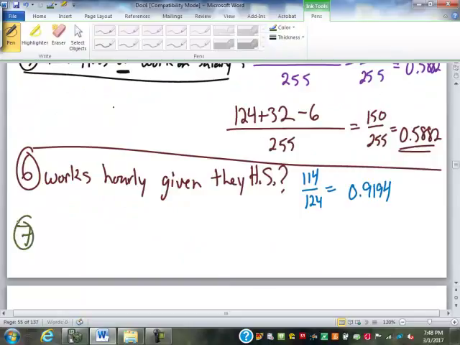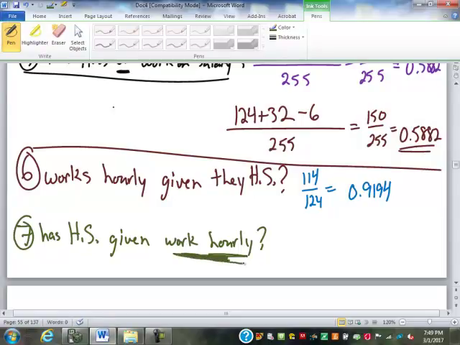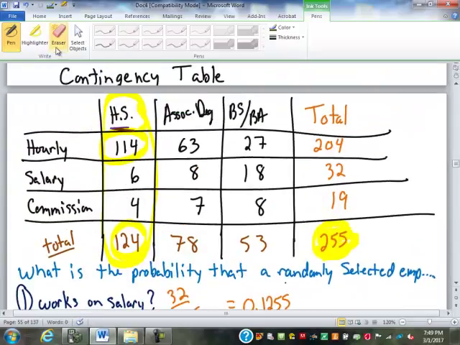So let's play with that a little bit. What is the probability that someone has a high school education given they work hourly? Let's go to the other end of this. Now, what are we focusing our attention on? It's given that they work hourly. So this time, we're only looking at those that work hourly. So we're only looking at this row. How many of them have a high school education? 114